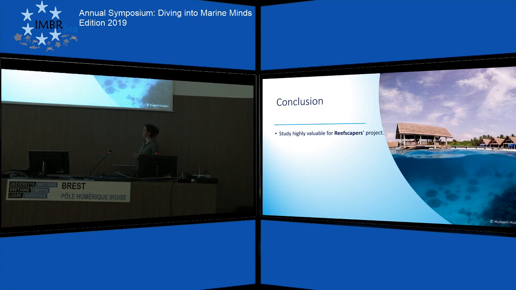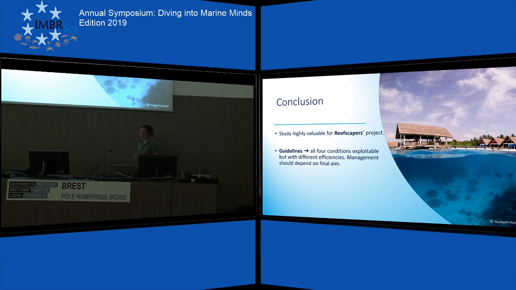In conclusion of this project, it really represents valuable information for the specific program of Reefscapers, as it assesses its efficiency under several conditions, which had never been done before. The guidelines are that the shallow sun and shade conditions present the fastest growth rates, but also that the deep condition can be exploited. So actually, the selection of the sites on where to put the frames really depends on